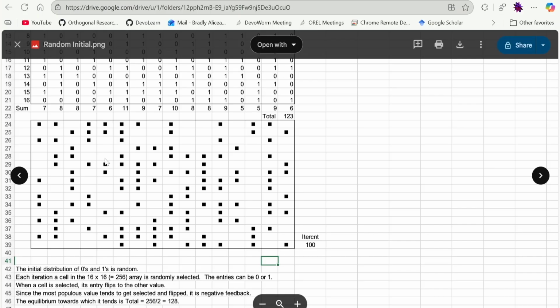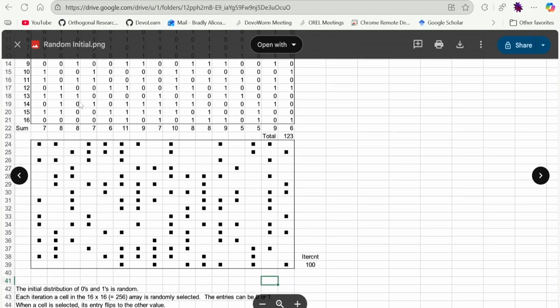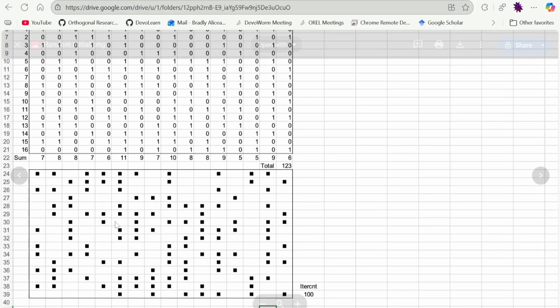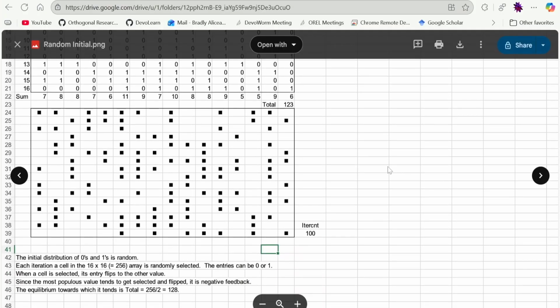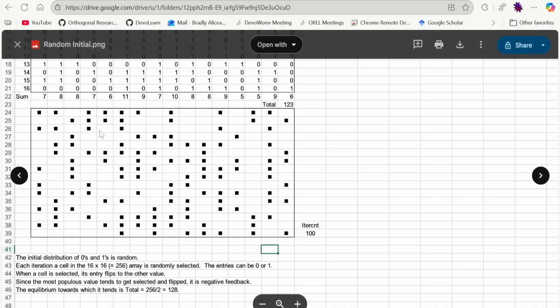A couple of notes on this: the initial distribution of zeros and ones is random. Basically, we have this matrix of zeros and ones that come from these inputs on each axis, and then you have the sums down here, and zeros are represented by an empty cell and ones by these black boxes. So you have this distribution of black boxes as a sort of ensemble that is the result of this random initial condition. Then you play the game and you get this mixing that occurs.